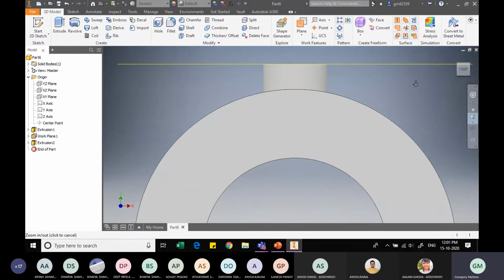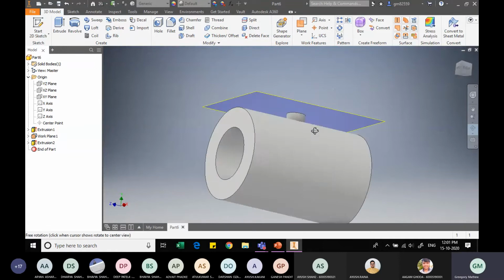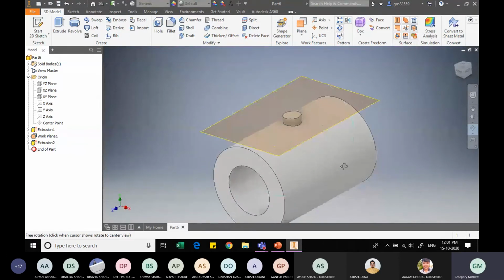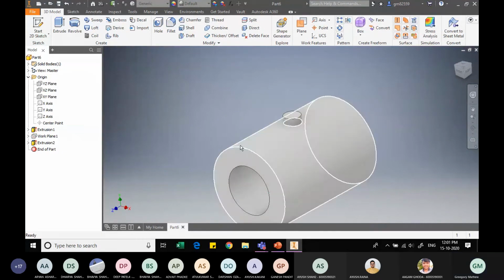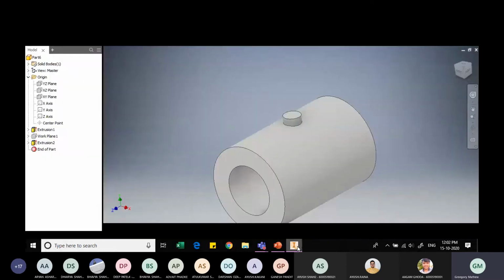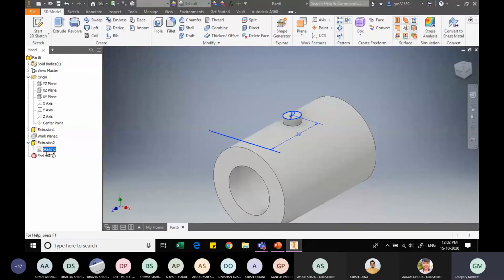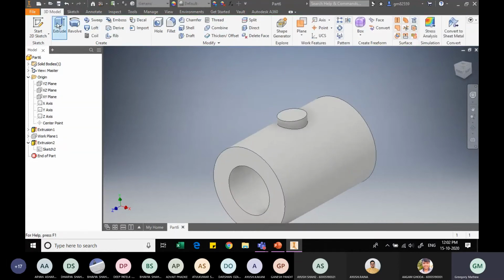So now let me reduce the sizes. And I will just revolve it and show you how it appears. So this is how the component will appear. And I will hide this work plane, turn its visibility off. Now we made an error. The error means we know the diameter is not 10, diameter is 19, and the hole that is tapped is 10 mm. So we need to make that change here. So this dimension is 19. Finished. And on this face, let us.